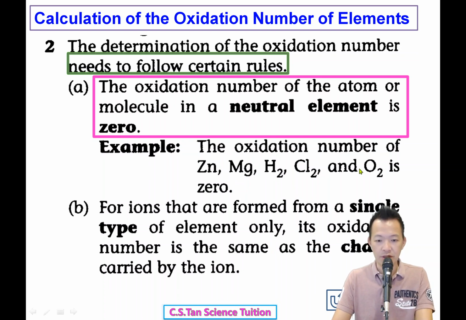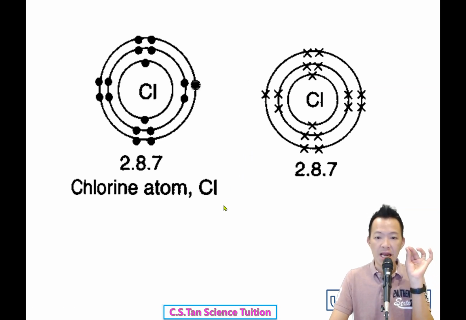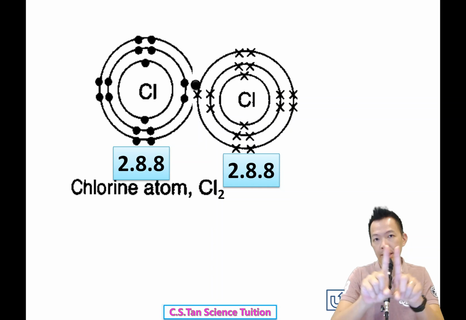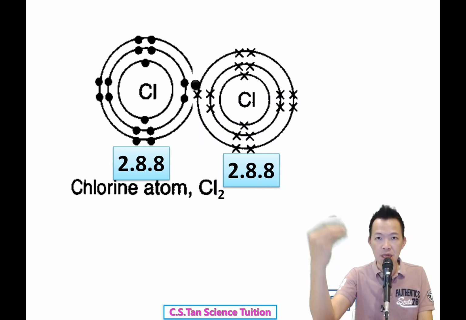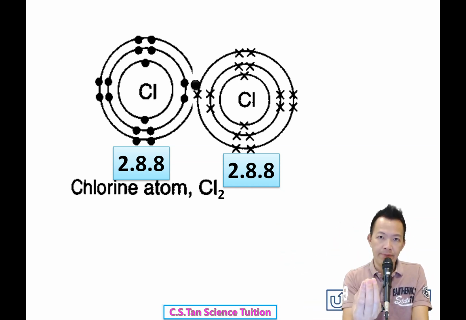But why they are neutral？为什么它是 neutral 的呢？I show you，证明给你看，给你心服口服了。Chlorine atom having the electron arrangement 2.8.7 and 2.8.7, because of 7 they are not stable, so they like to share electron with their friends. 他喜欢跟他的朋友 share electrons, so finally make themselves become stable octet 2.8.8. But when they're sharing electron, they're not losing electron, they just share only. 他们只是共享罢了，他不是给。And they don't receive，他也没有收到，对不对？